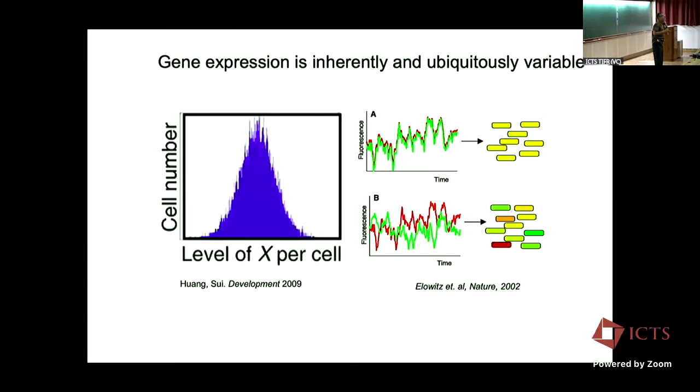So first things first, if you look at any given gene's expression across clonal cells, you will see a variability of expression. If you see the same gene's expression in a cell across time, you'll again see variability. And in the second case, it's the identical promoter in front of 2 genes, and they have completely uncorrelated expression. Okay? So there is an intrinsic noise